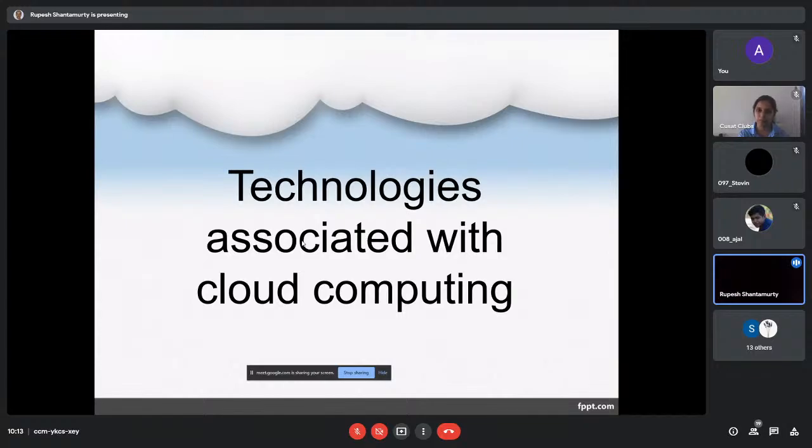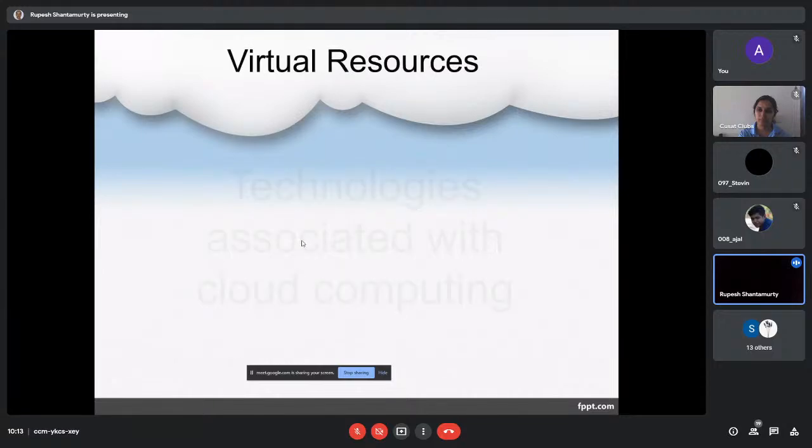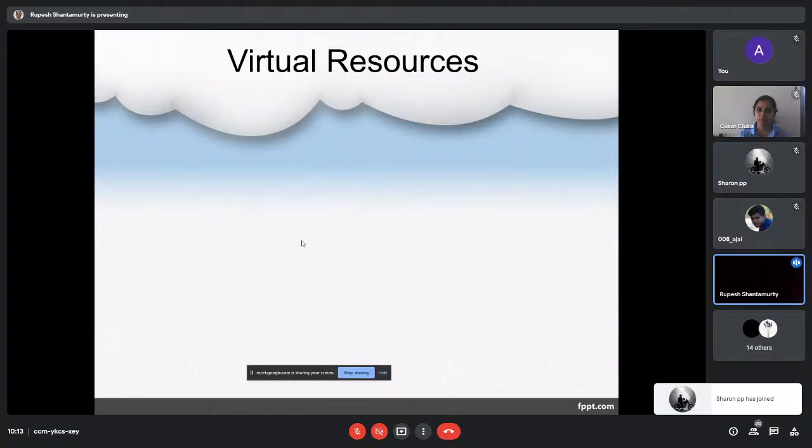Now with cloud computing, the capex almost goes off. So it's only the operational expense that you need to spend for. Now let us see what are the technologies that enable cloud computing. How did this whole thing happen, and what is it about? The basis, or the mother or father, of cloud computing is virtualization. Everything is